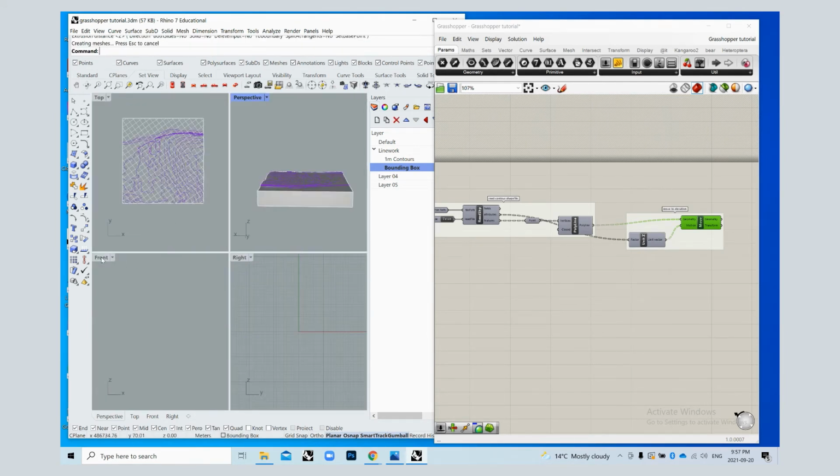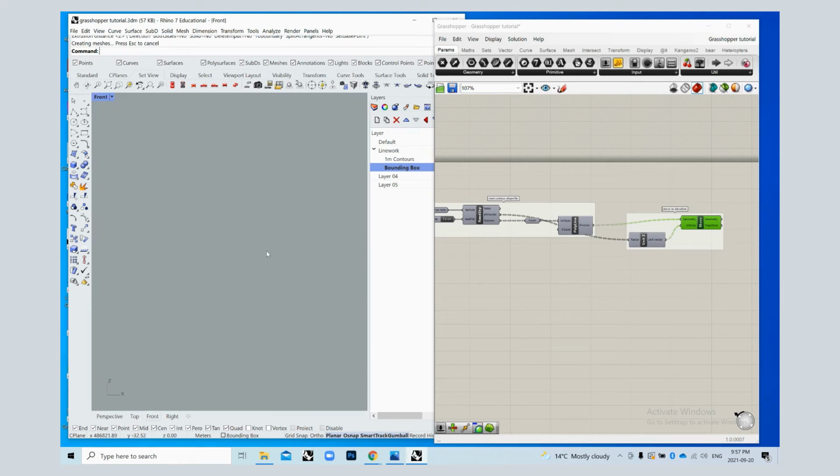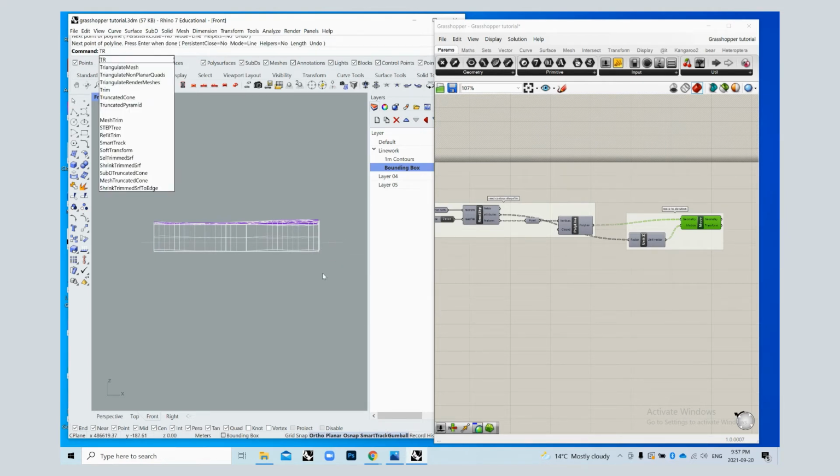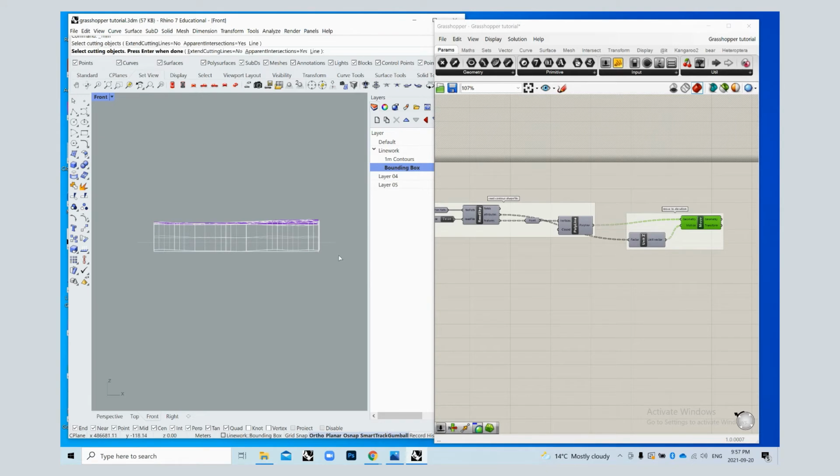Then we're going to go into our front view, and I'm going to Z for zoom and E for extents. And I'm going to take a line. I'm going to make sure that my ortho is on so that it's a straight line, and I'm going to cut it off just like that. Then I'm going to use the trim command, TR. My cutting object is this line. Press enter. The objects to trim will be that, so it's a nice blunt edge,